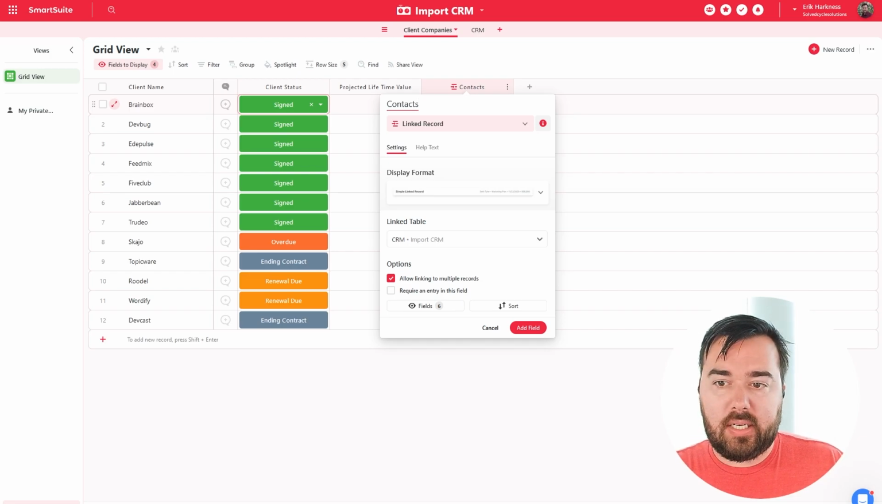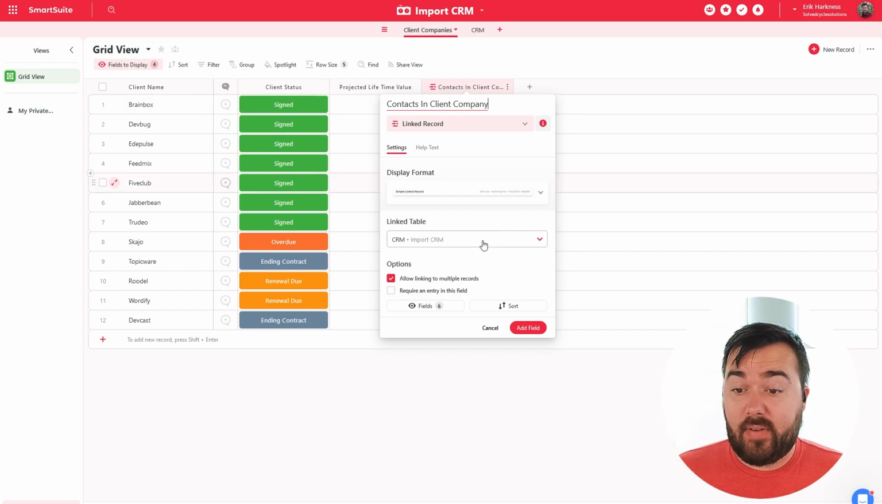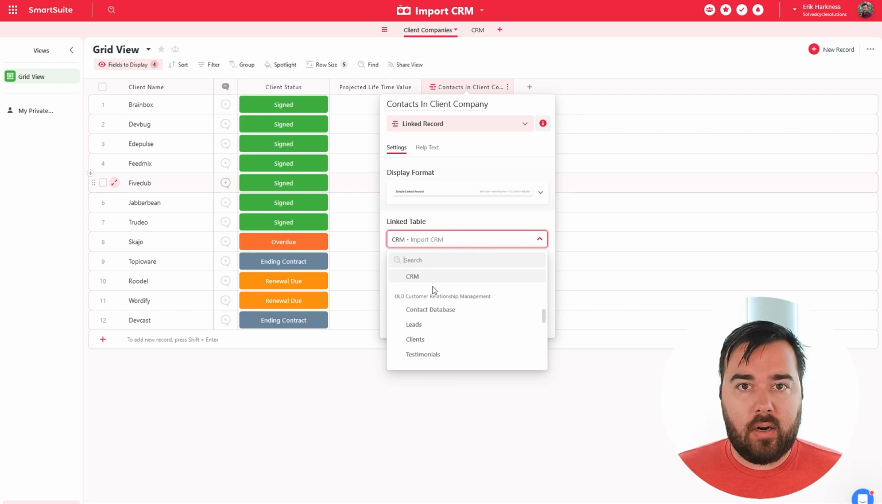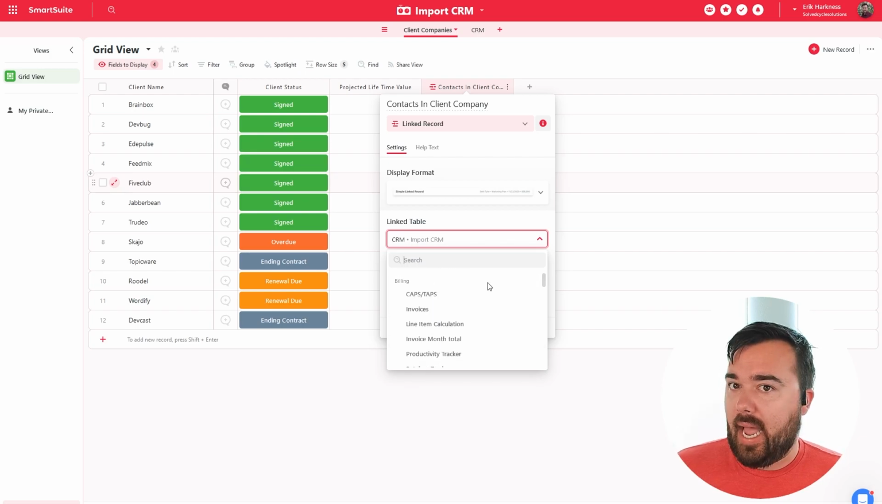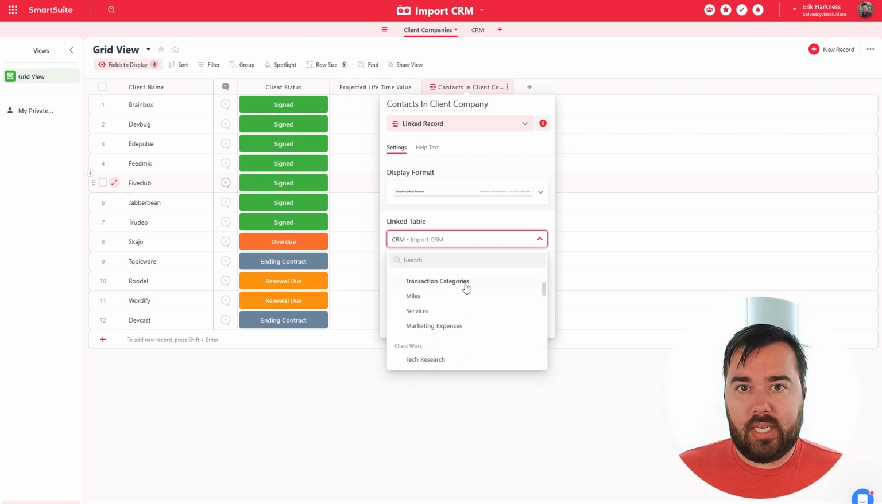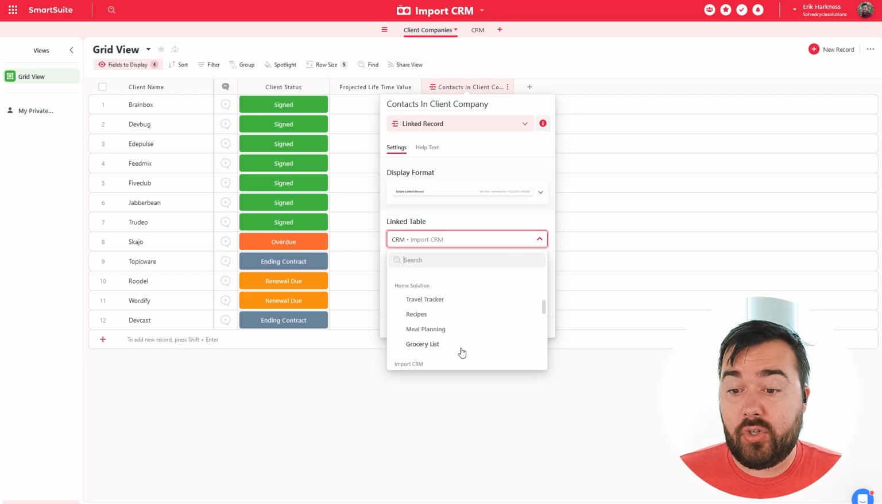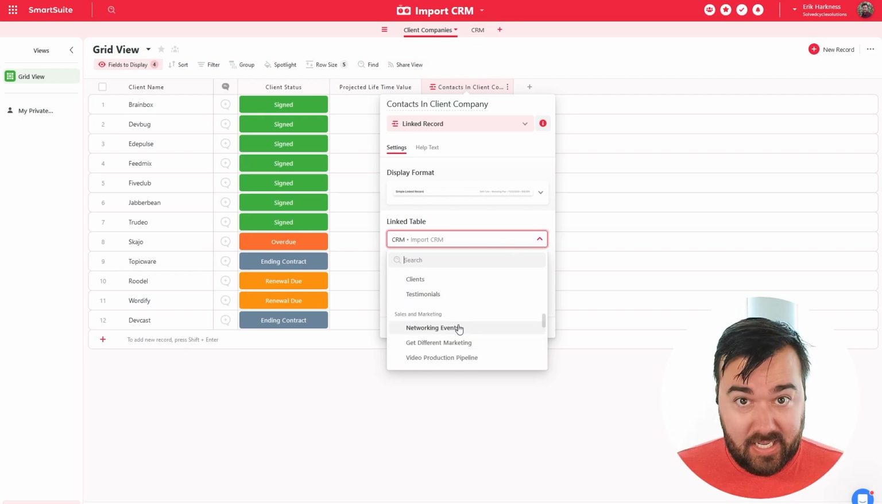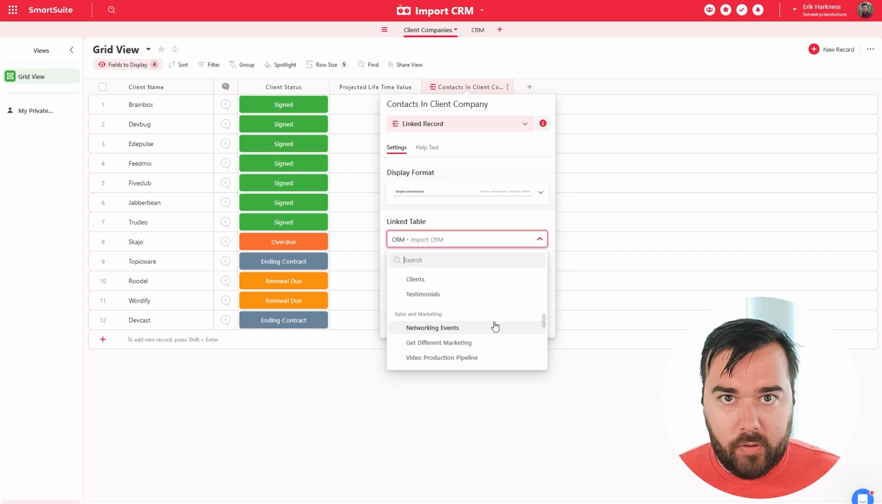In this case, I'm going to put contacts in client company, and I have the ability to specify the specific linked table. And in this case, this is where SmartSuite really shines, because you can see I have access not just to tables in this imported CRM solution, but I could connect data from anywhere. And this, compared to other data set tools like Airtable,